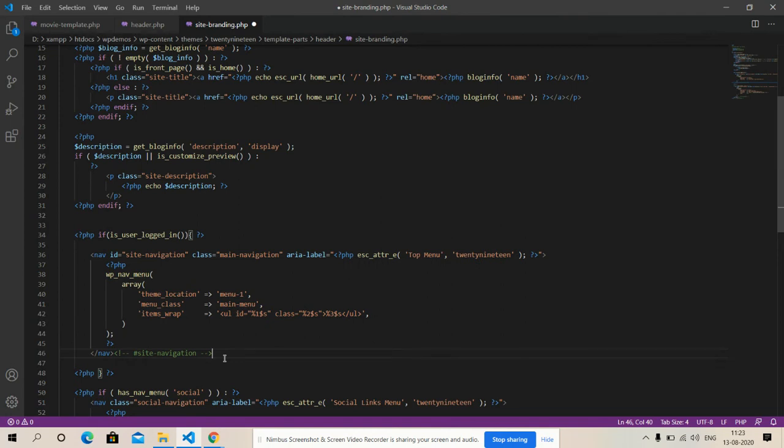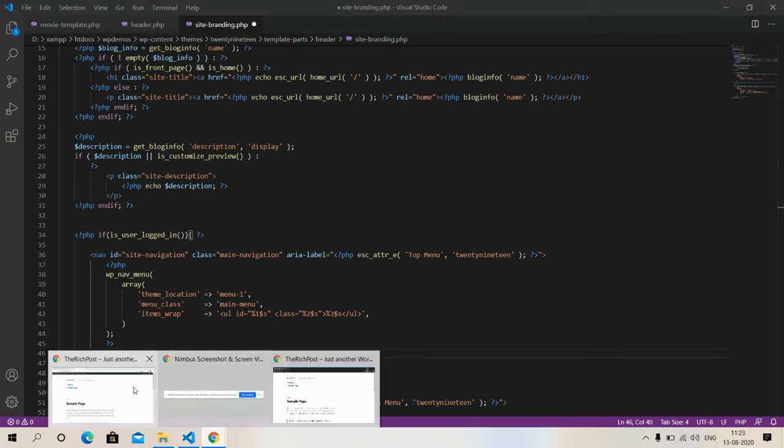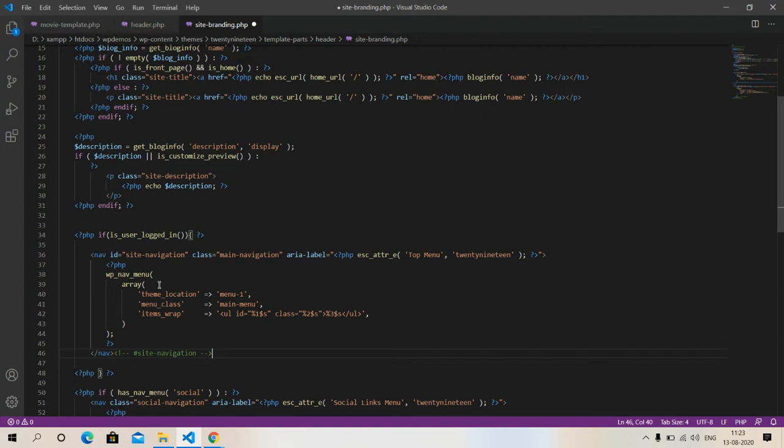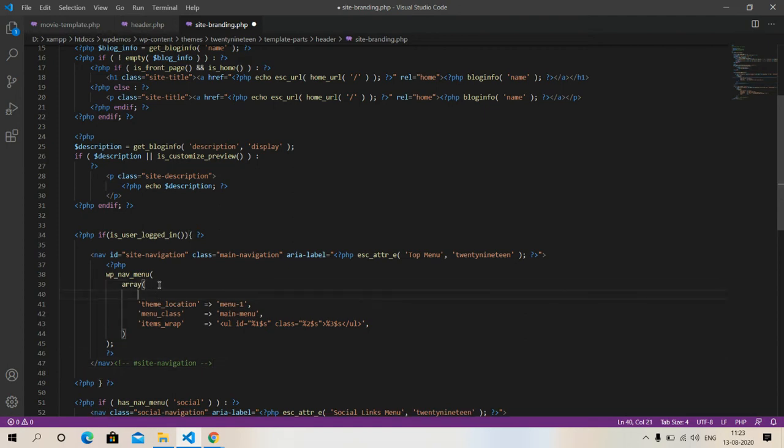So friends, to show the logged in menu, I just enter the array and make a new key, menu, and set the value equal to our menu name.